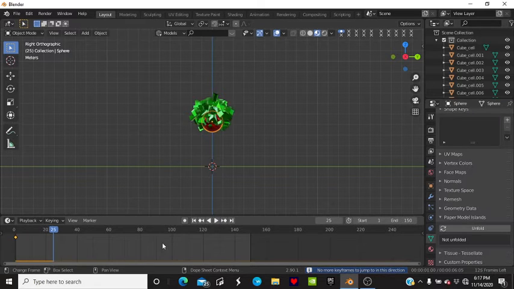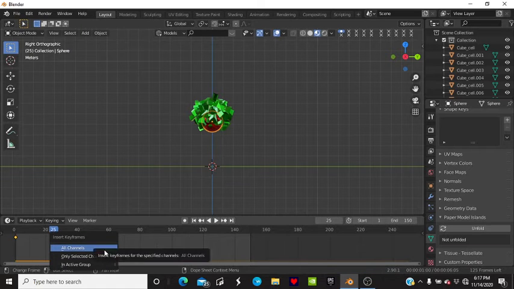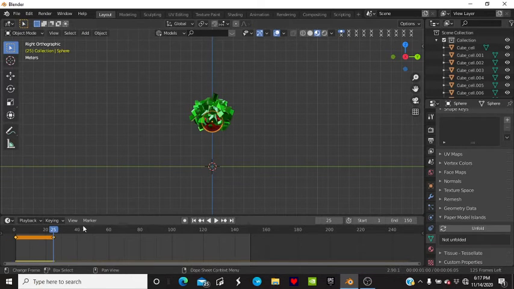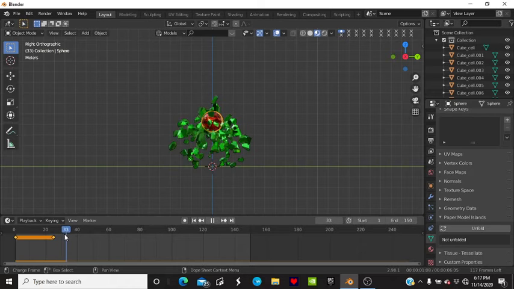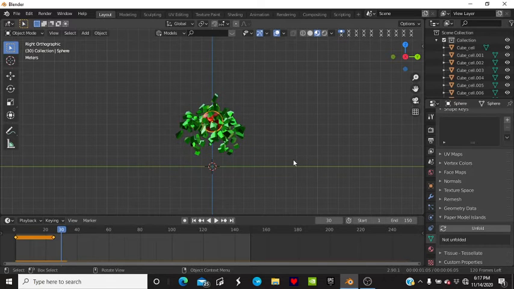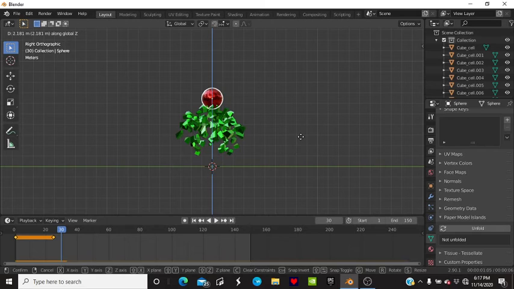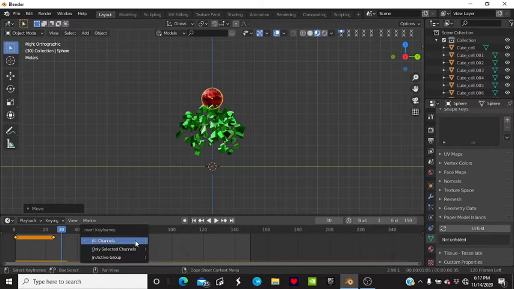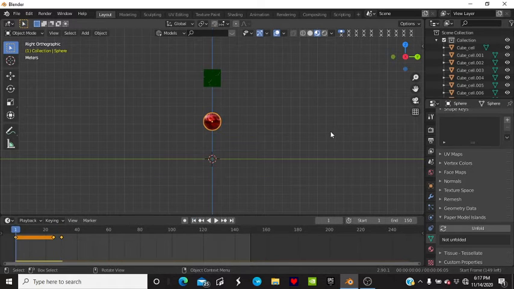I'm going to go one more, and I'm going to press I right there. I'm going to click All Channels. What that's going to do is say, I want you to stay there until it reaches 25. Then once it's right here, we're going to go to 30, right? I'm going to press G, Z, move it up a little bit. I'm going to press I in All Channels. Now, if we press play,